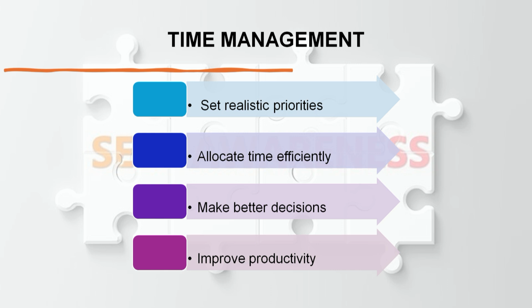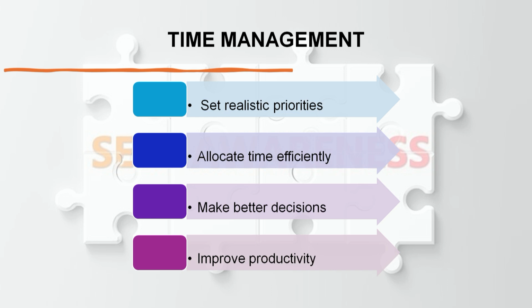Allocate time efficiently. We can see everyone is a different sort of person. Certain persons are morning persons who are able to work more efficiently in the morning. Certain persons are night persons who are able to work more efficiently at night. So see which time is efficient according to you, set your time frame, and then effectively utilize that time. Take appropriate decisions, because a lot of time is wasted when decisions are not taken properly.